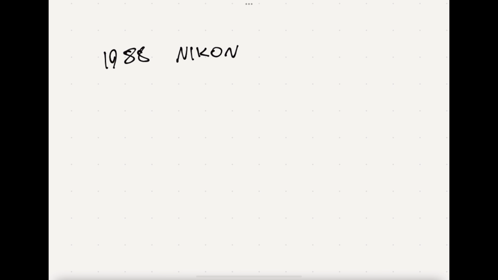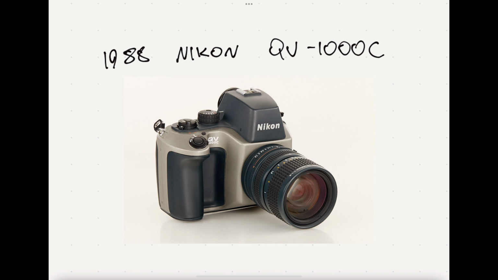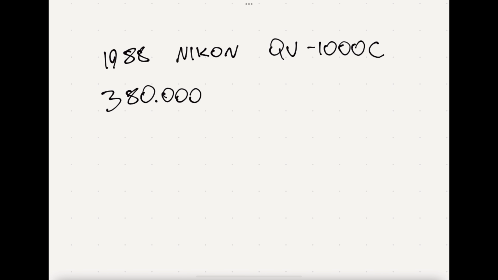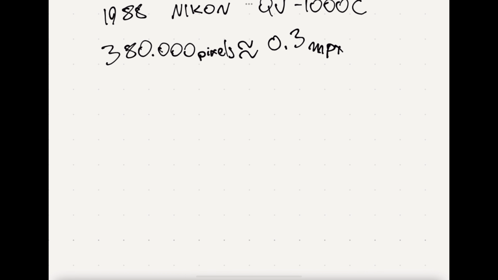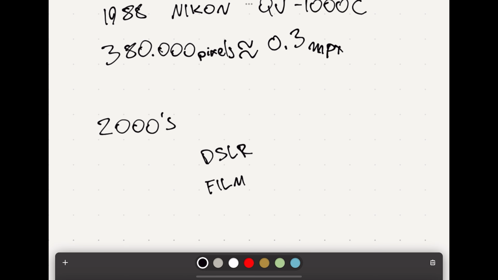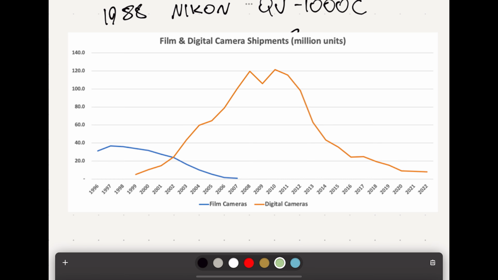Then in 1988, Nikon released the first DSLR camera, the QV1000C. I know, catchy name, which had a whopping 38,000 pixels, which translated to megapixels is 0.3 megapixels. So yeah. And nowadays, not that impressive, but in just sheer pixels, damn, I bet I got you for a moment there. So then the next was like early 2000s when the DSLRs just took over and pushed